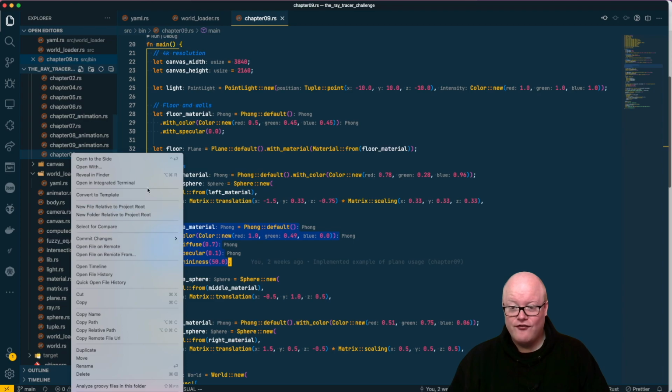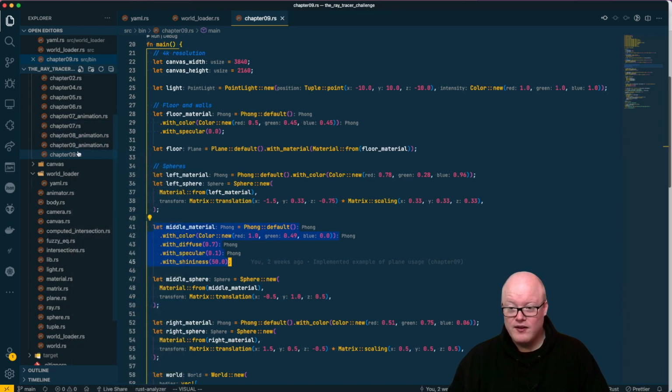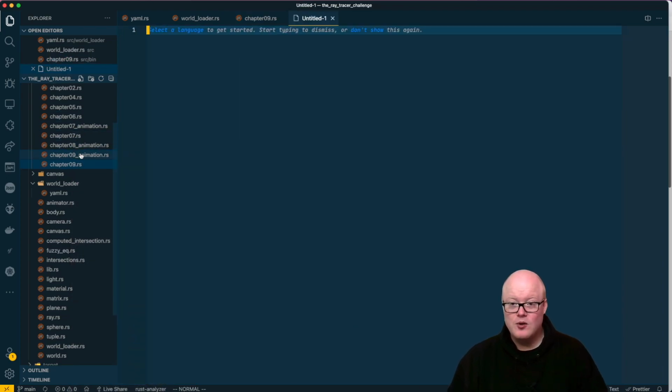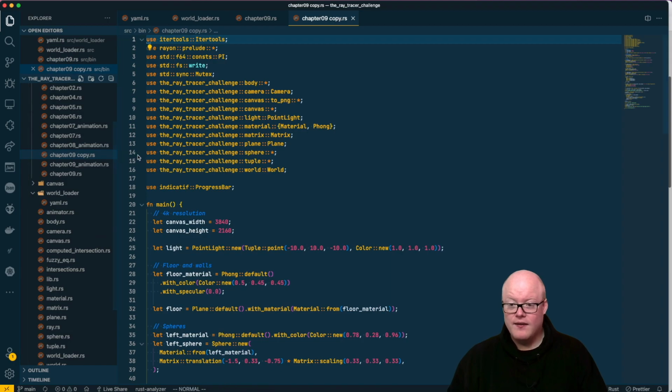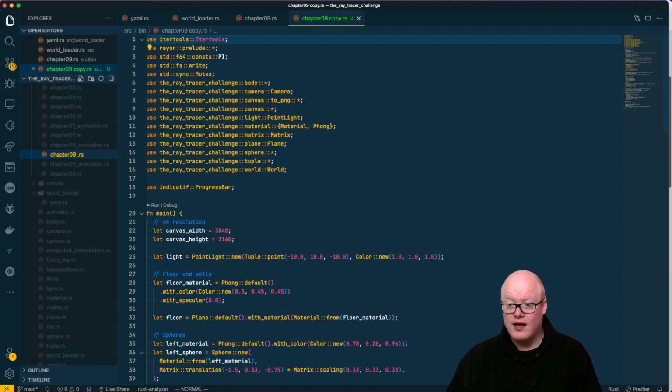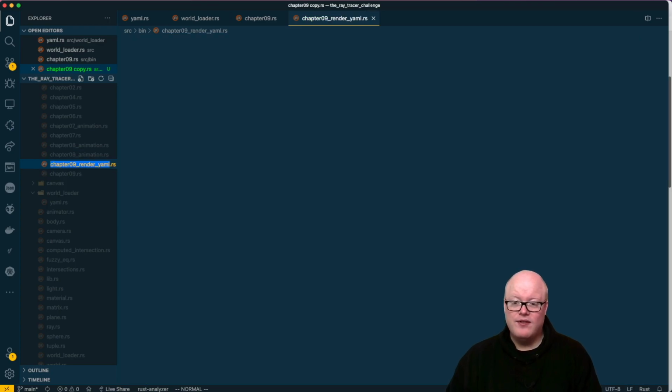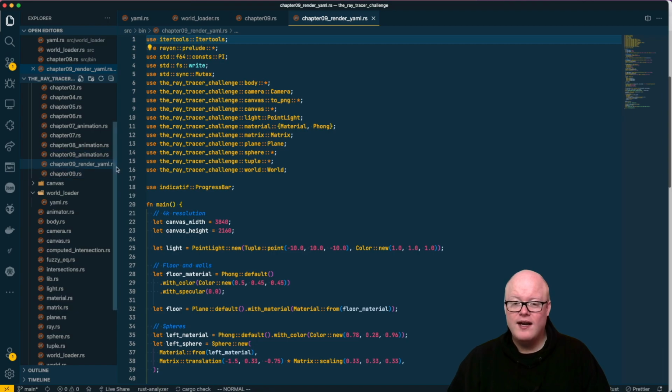Let's first of all copy this one as a starting point. Oops, no, that was not what I wanted to do. Let me insert this one. Why didn't this work? There it is. Copy. So now we could call it render YAML, I guess. Let's call it render YAML chapter, or let's stay with chapter 0 render YAML,